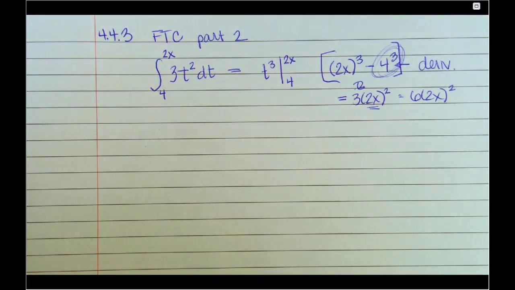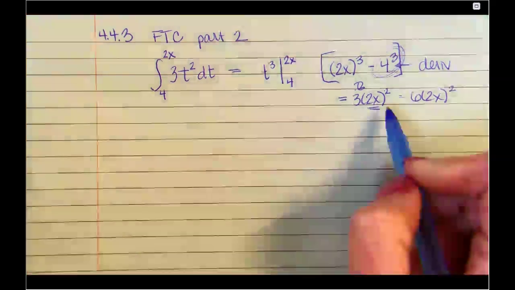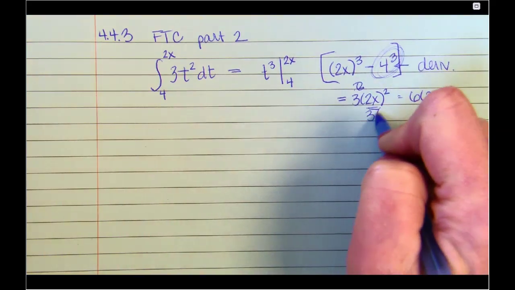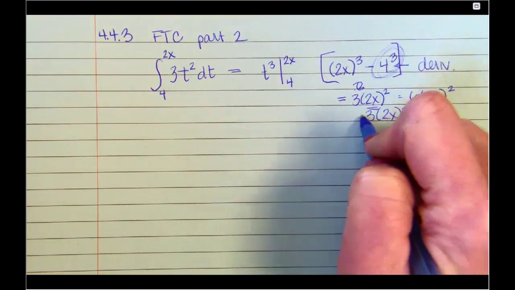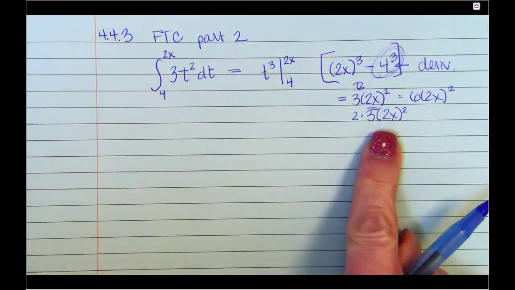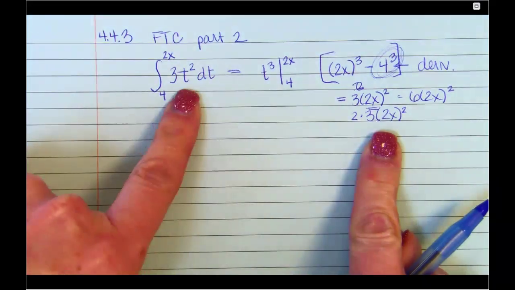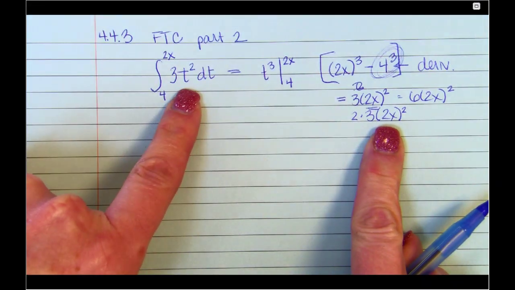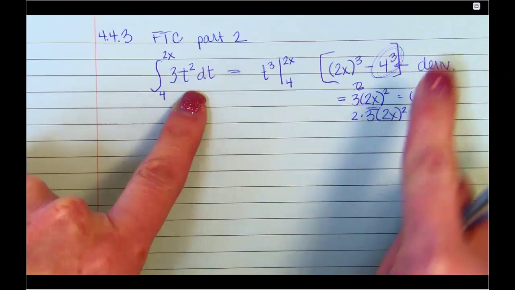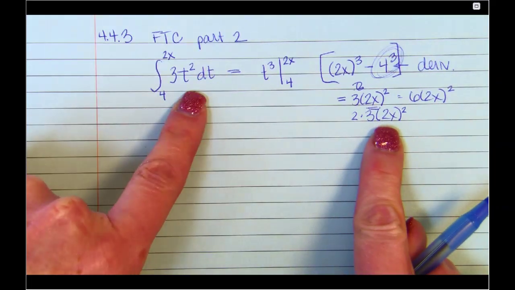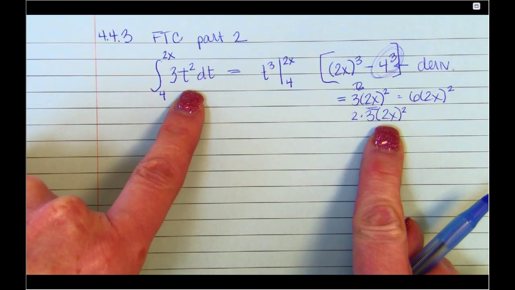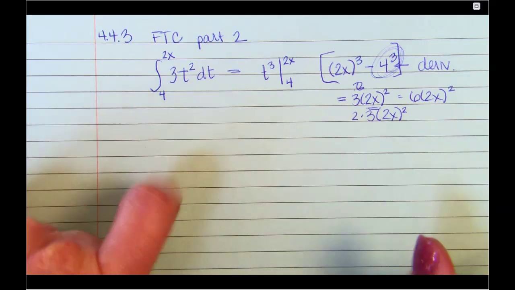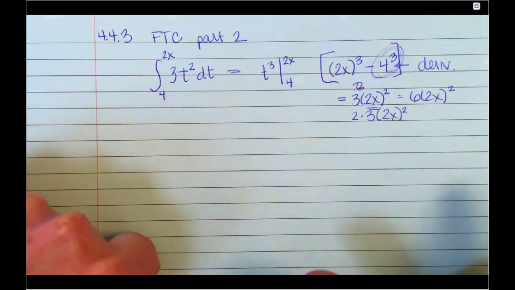Now, what? Oh no, I did it and then I did it wrong. Okay. Or another way that I could have written is 3 times 2x squared times the 2, right? Which I just want to show you because of what I'm going to show you. Look at the original. It's 3t squared. Okay. So the derivative of an integral, if we do an integral and then we do a derivative, you get back something that looks similar to what you started with. Because derivatives and integrals are processes that cancel each other out. Okay, so the second part,